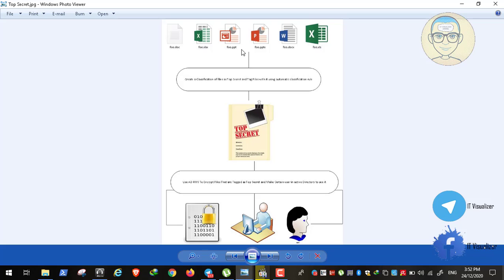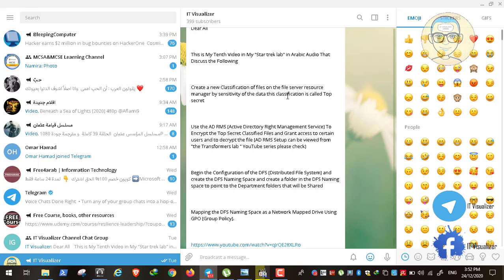Okay, as for the folder classifier, this means that for example, if we make a folder and name it top secret, any file that is in this folder will be tagged by the file server as top secret. So we have discussed this in the previous video, how we can do the top secret classification and how we can apply it. So after doing the classification, we will do